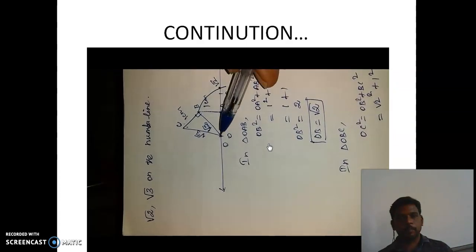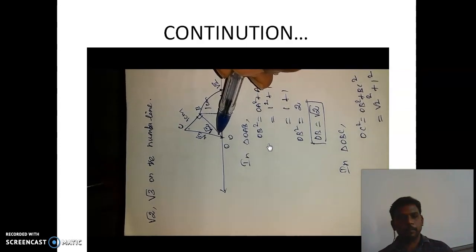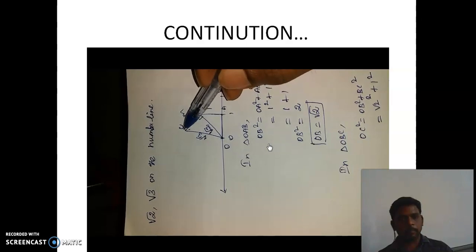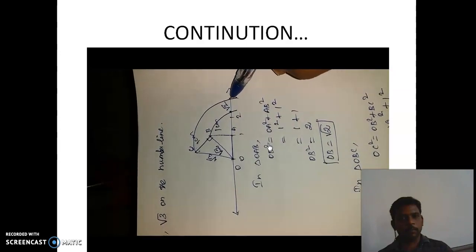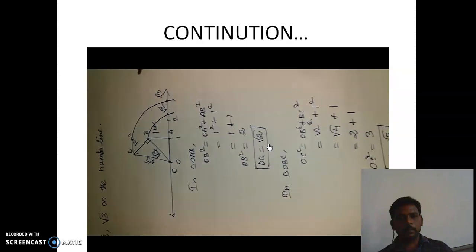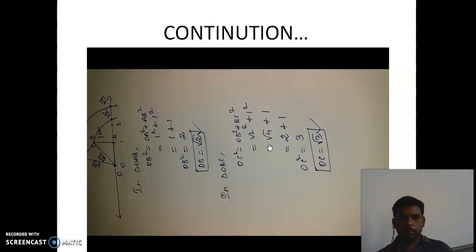If you want to represent this length on the number line, just take your compass and make O as a center and OC as a radius. Draw one arc that will intersect your number line. This intersection point is nothing but root 3. So that is the position of root 3. That is an approximate diagram only. You can make it with the exact measurement. So that is the procedure for representing root 2 and root 3 on the number line.